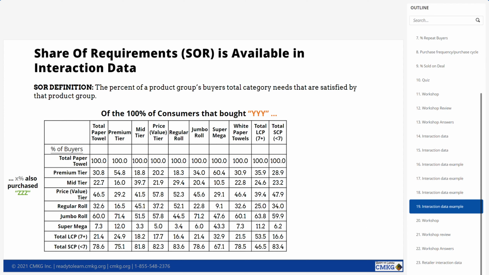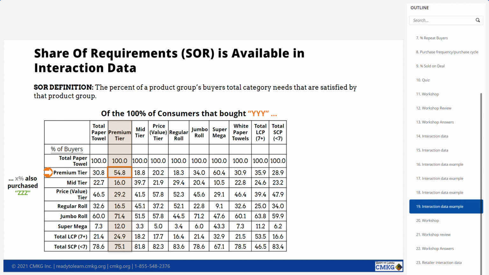Another measure available in interaction data is share of requirements. Once again, the share of requirements speaks to loyalty and is defined as the percent of a brand's buyers' total category needs that are satisfied by that brand. In my premium example,